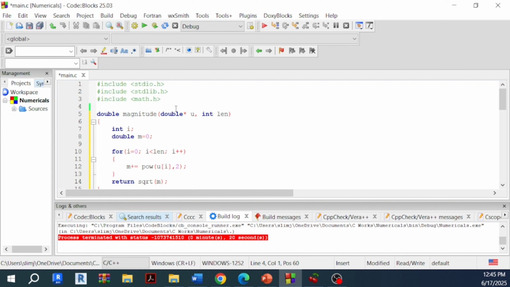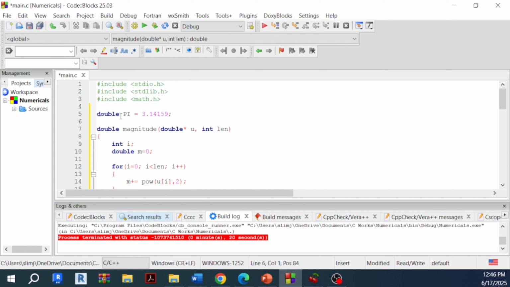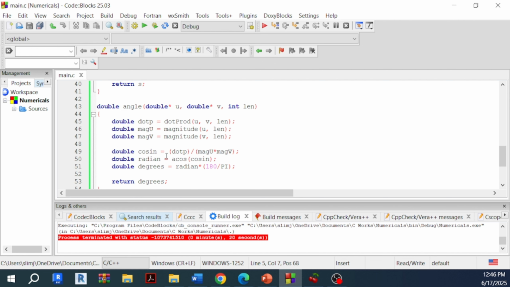You go to the top of the program and you write double pi is equal to 3.14159. And we use this value as a constant. Okay, we need to declare const as a keyword before it. Let's save the program. So again, at first the cosine is the dot product of u and v divided by